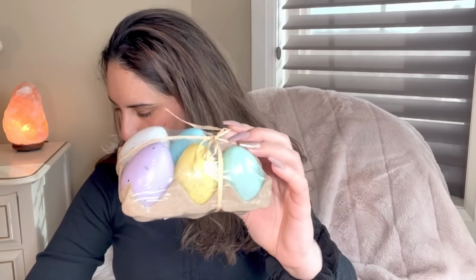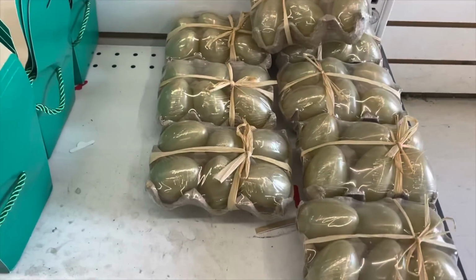And then the little eggs here, the colorful eggs. They have gold as well, but I'm not a big fan of the gold. I have used these to DIY and I have made some white ones out of them as well. I just like sometimes really simple. Our stores already have all the